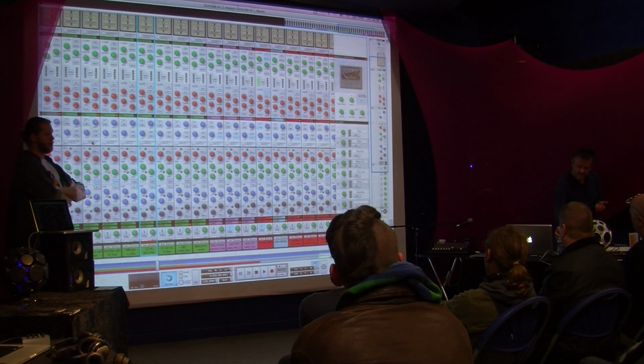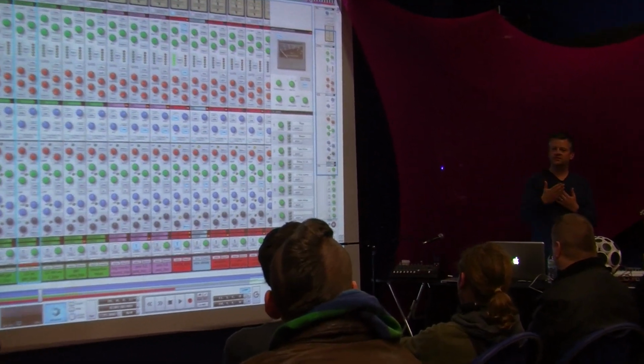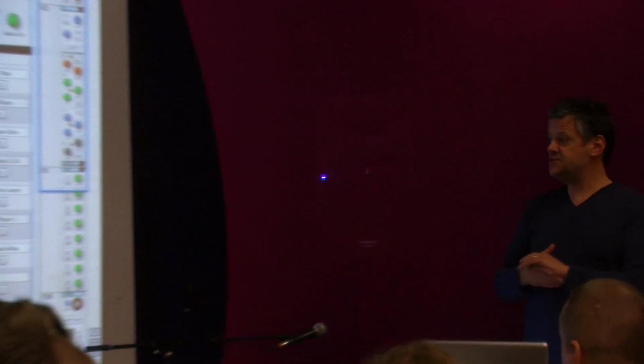The problem when you're working with digital is that there's less character in there, so you need to leave some headroom. Luckily with this mixer, you don't need to leave as much headroom as you would in other DAWs, but the first most important thing I would say is gain structure, so not everything